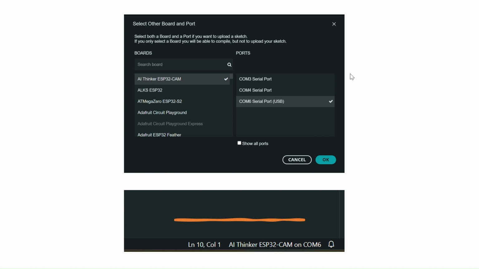In this case, we use the AI Thinker ESP32 board, and then we connect it to serial port 6. The port number can vary. It can either be port 5, port 6, or port 7, depending on where you've connected the USB to the external computer. Once it's connected, it should show at the bottom right corner that the camera is connected to the AI Thinker ESP32-CAM board on COM6. So that means